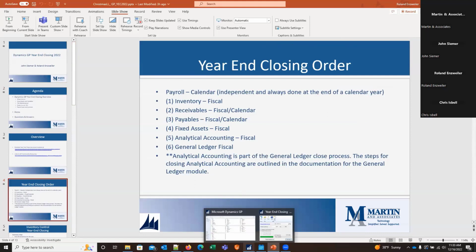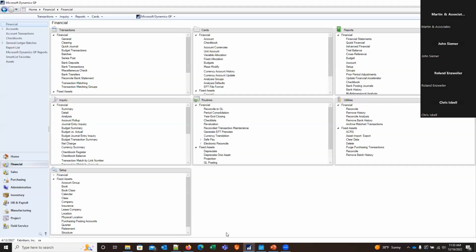I have not run the analytical accounting, but there is a description there of how to run the analytical accounting close prior to running GL. But within the GL year-end close, after running all the modules,